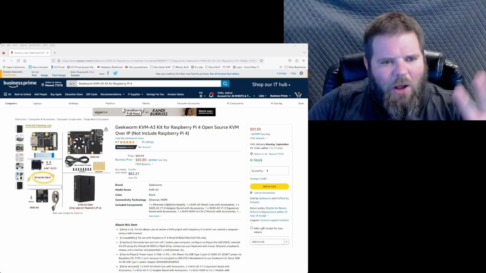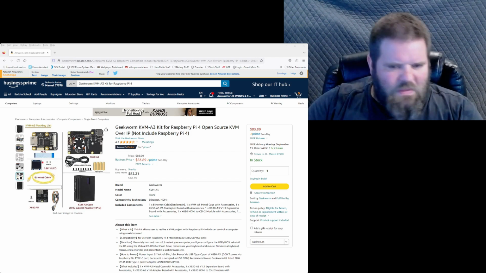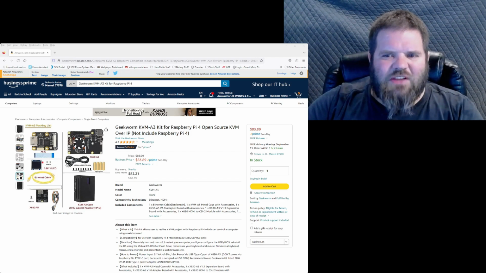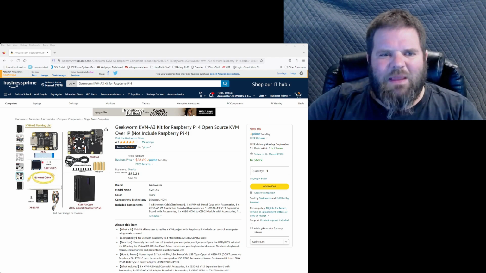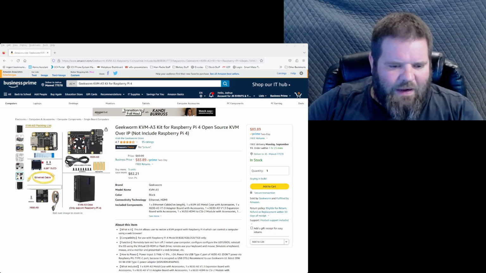All right, so I bought this kit, and what I'm going to do is show you a time lapse video of me actually assembling the kit. I'm going to narrate it here, and let's see how this works out. GeekWorm